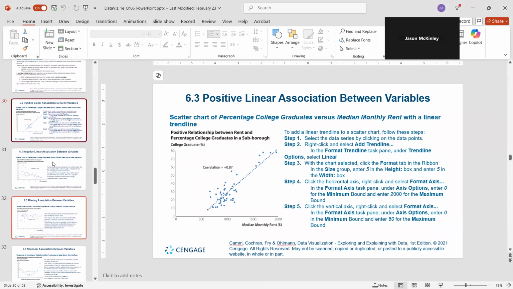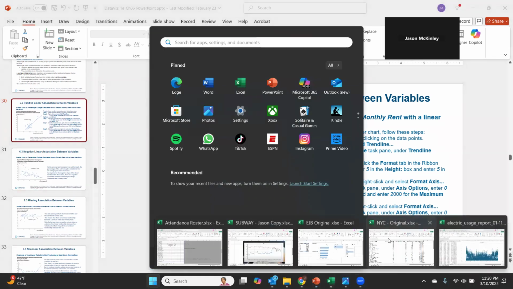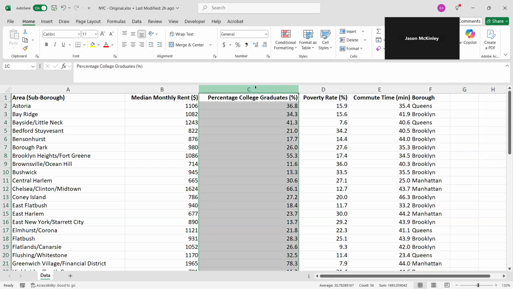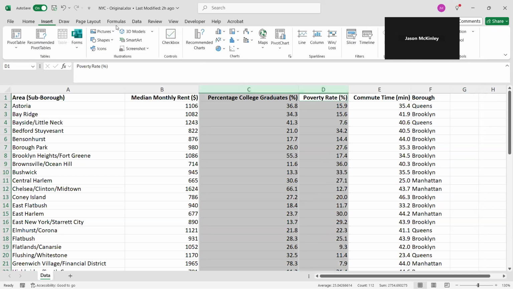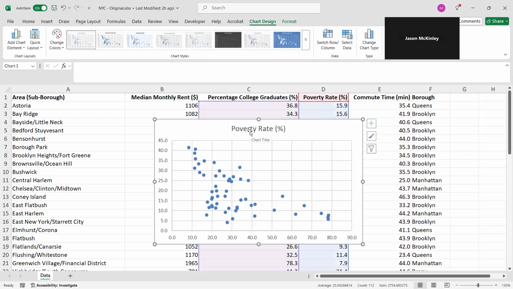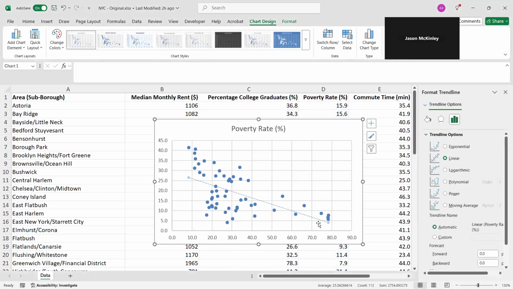So let's see. We want a couple of charts here. We want to jump in and look at percent graduates versus poverty rate for these different boroughs in New York. So let me jump to my New York data set. And what I want to do is pick percent graduates and hold on my control key and select D, go to insert, scatter chart, and get a scatter. Okay. So now what I'm looking at, and I can right click anywhere and say add a trend line. I would say that there's definitely a correlation going on here,